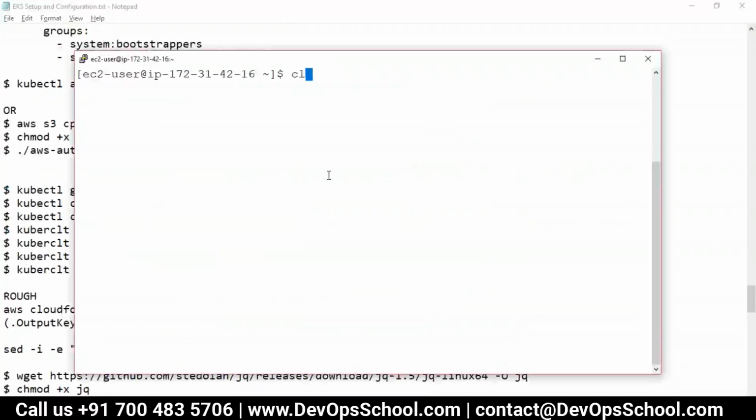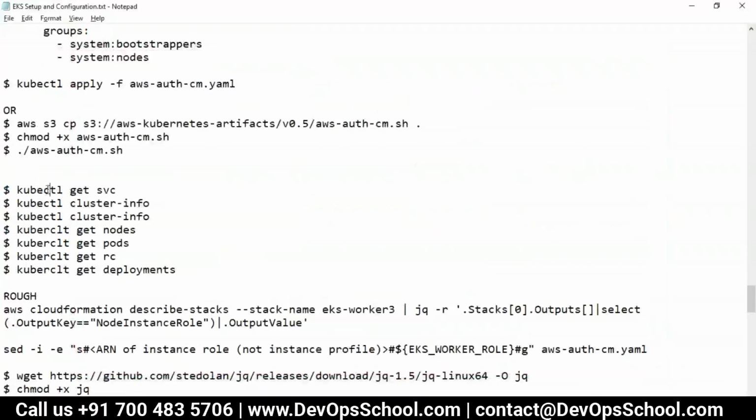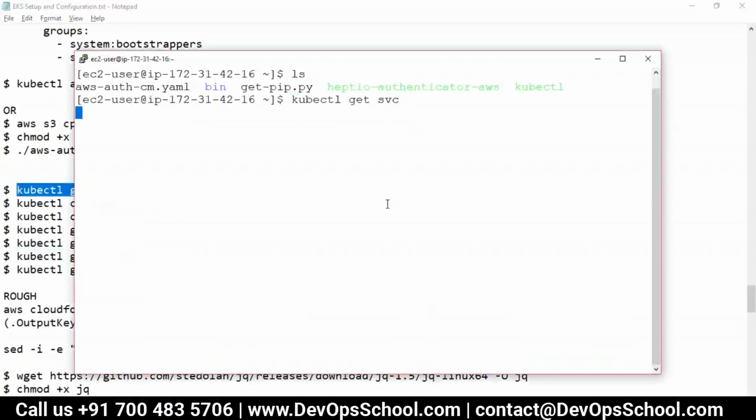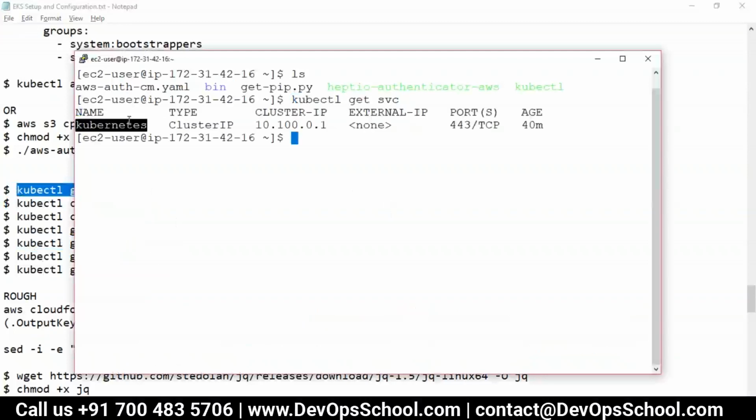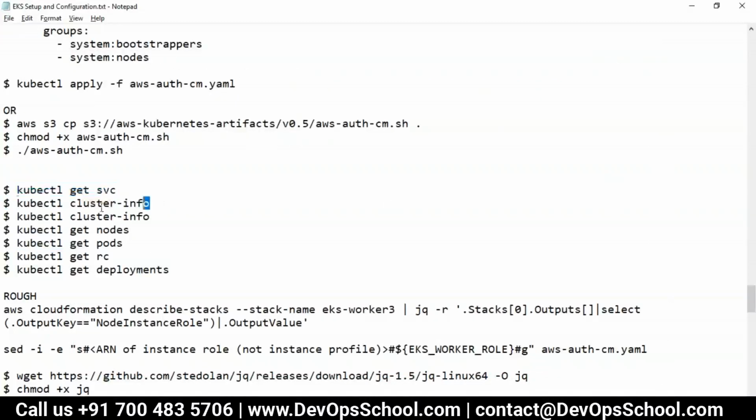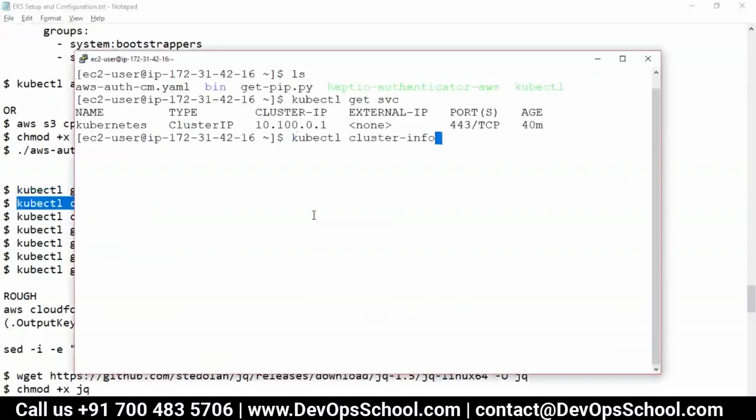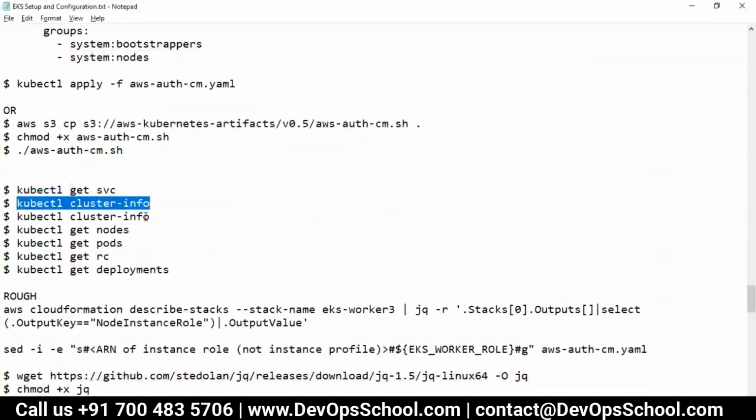So now finally, I'm going to verify all the setup you have, whether it is working or not. So let's figure it out. How many services should you be having? Kubernetes, you have it here. Cluster information you want, it's here. You want to know the info of your cluster,